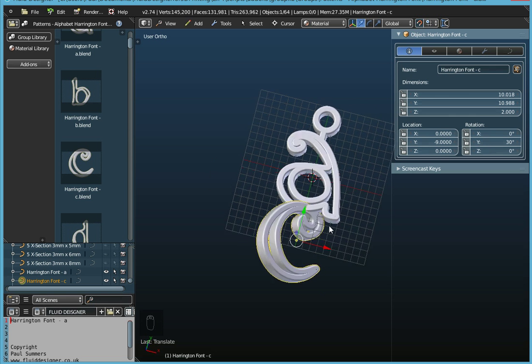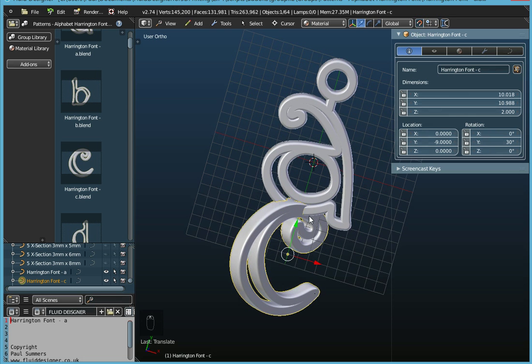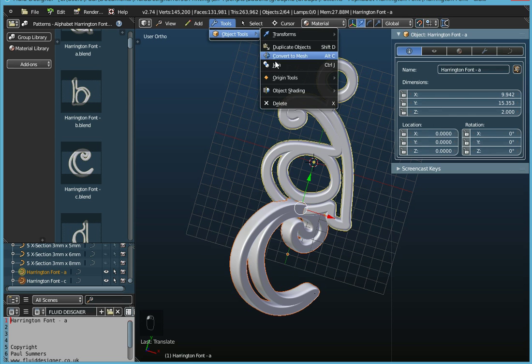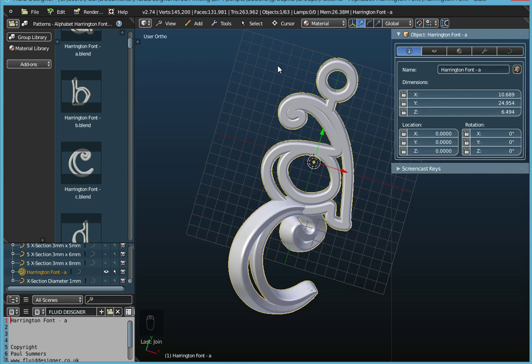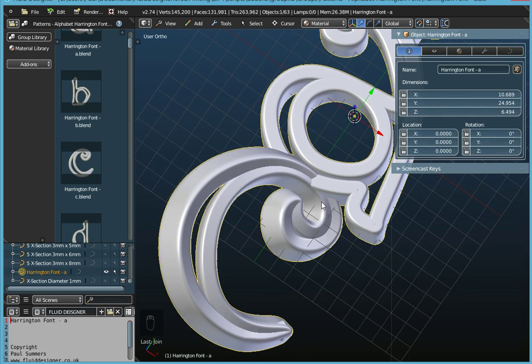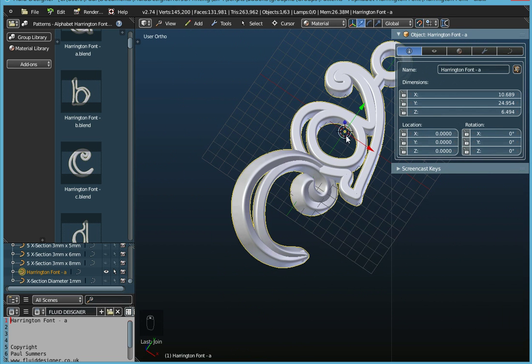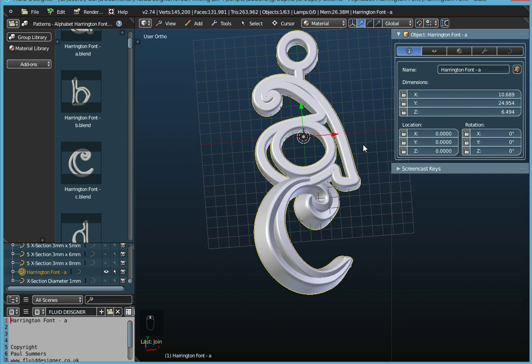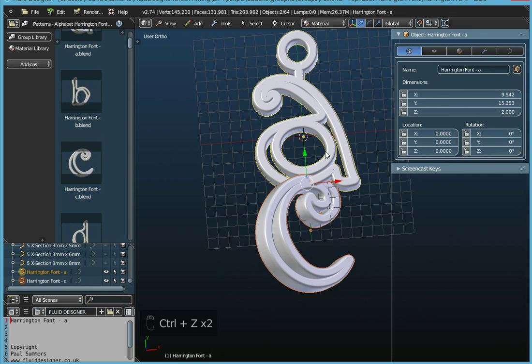Okay, so now we could print these two objects together, but we do need to be careful here, because if I hold down the Shift key now and select A and go to Tools, Object Tools, and Join, something strange will happen here. You'll see that the C has got twisted, because it's taken on the properties of the A, and the A is flat, it's not being rotated. So if we wanted to join these two objects together, we wouldn't do it quite like that. So if I do Control Z and undo it again,